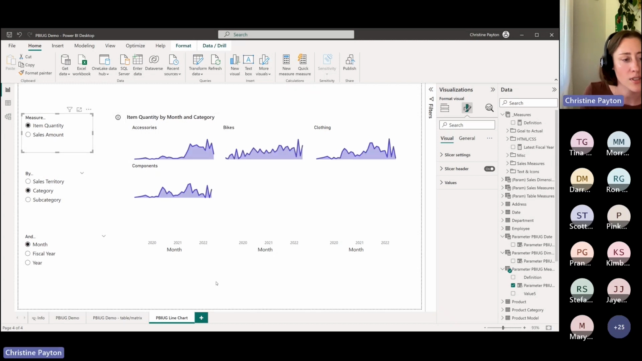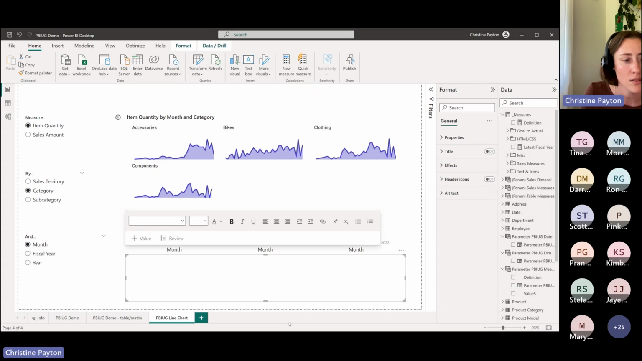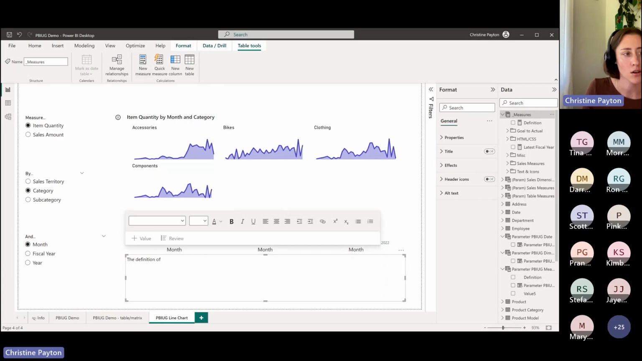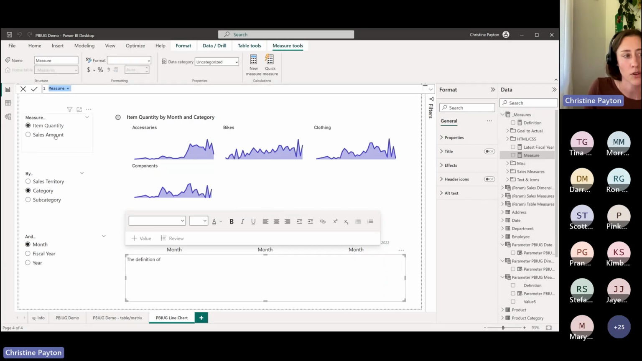And you can do pretty much this exact same thing with text boxes. So when you type into a text box, you can say the definition of... I'm going to make one more measure here for this. I'm going to make a measure that gives us the text for the selected measure in our slicer. So I'm going to call this selected measure